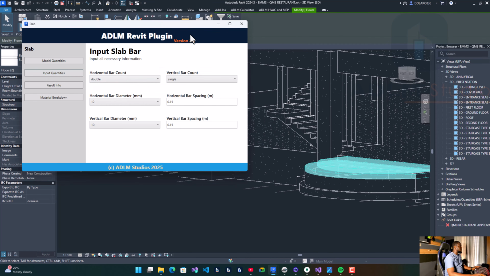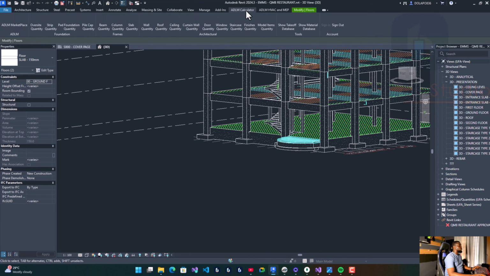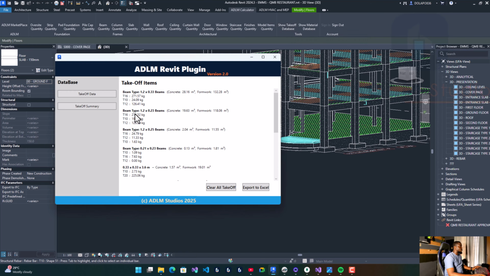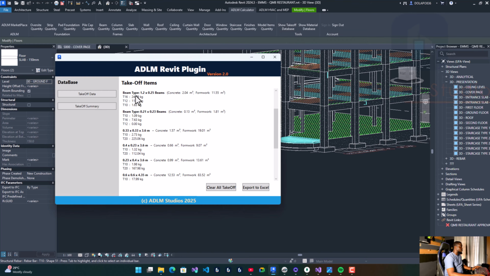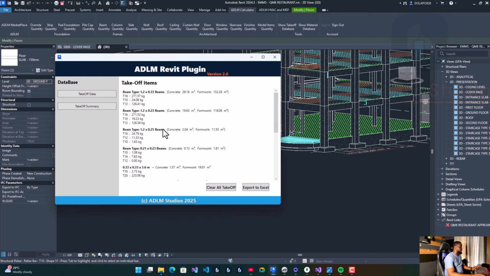Once we are done with that, close. So that's for this one. Once you're done with your quantity takeoff, you can now check out the takeoff database. That's to see what you've been saving so far. So click on show takeoff database. You see all of your various BIM types, your column types, and your slab types. All these have been saved here for you. So you can just click on export to Excel